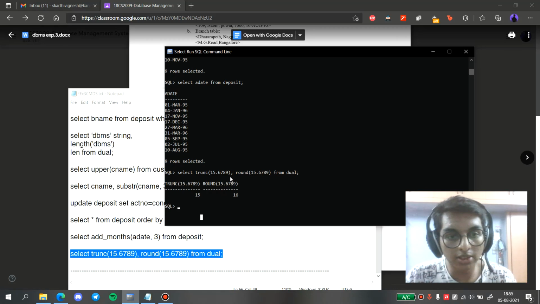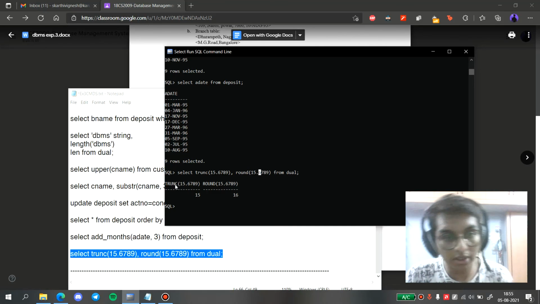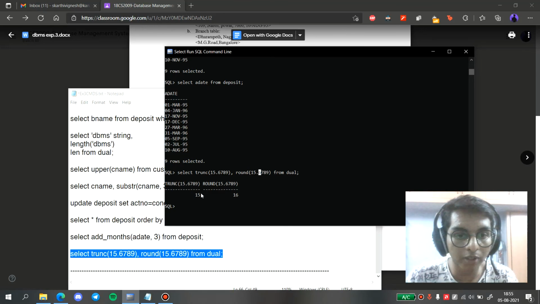For example, in this case, it's rounding off to 16 because it has 15.6, and 0.6 is greater than 0.5, so it rounded off to 16. If it was 15.4789, it would have rounded off to 15. Meanwhile, the truncate command just gives 15 no matter what because it ignores the decimal values.